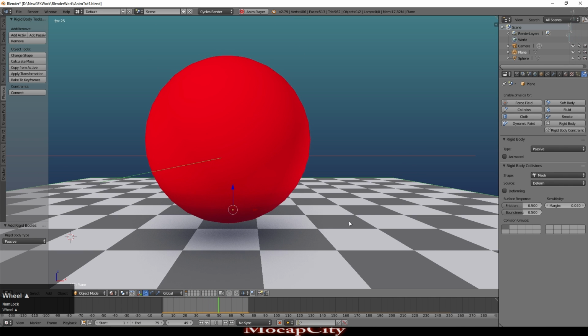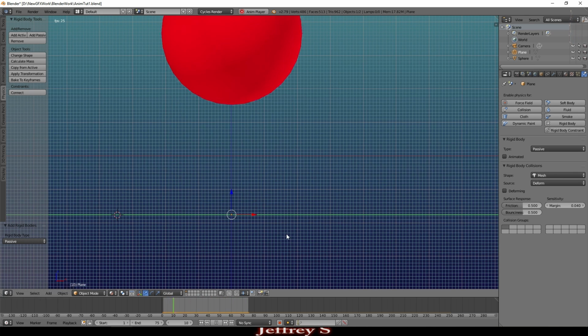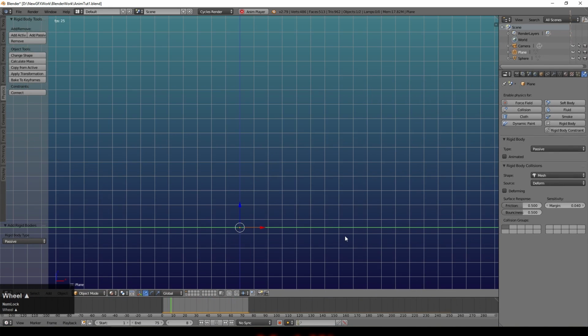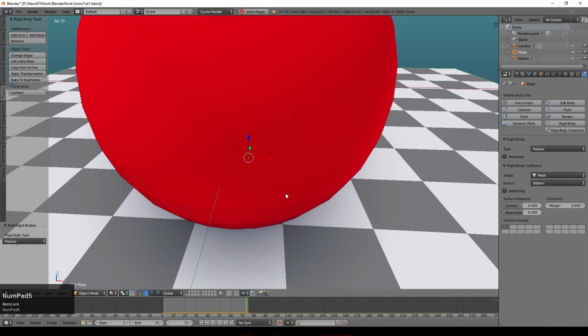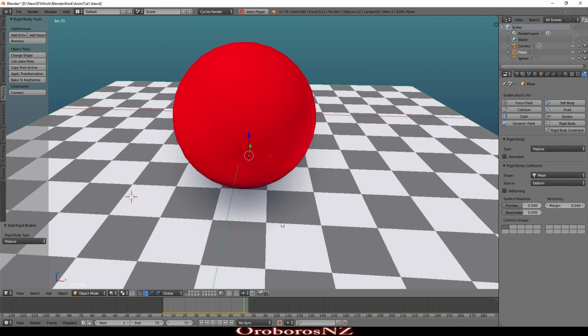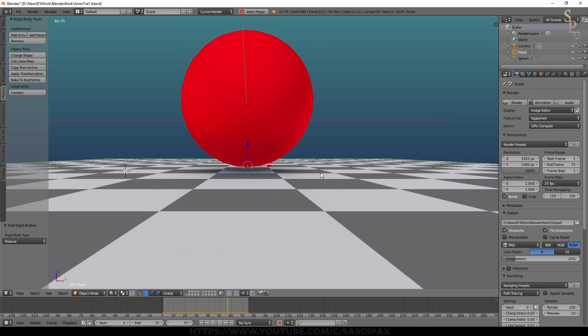One thing of extra interest: if I go into orthographic view, which removes all the parallax, that green line is where our ground plane is. And if I zoom in, you can see our ball is actually not quite hitting that. It's hovering just above it. With all sorts of physics, you need to understand collisions, or the system needs to know whether something has hit something else. To do that, it needs to know the shape of the object, where it is, and how close you want to trigger a collision. In addition to that, there is a sort of sample rate that relates to how many calculations it will do per second.